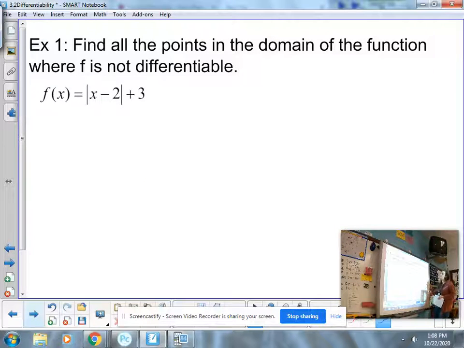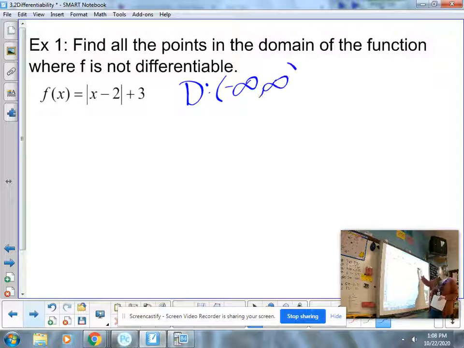So we have example 1: find all the points in the domain of the function where f is not differentiable. First you want to think about what the domain of the function would be. This is an absolute value, and the domain of an absolute value is negative infinity to infinity. So basically any possible number where I would not have a derivative is going to be part of the domain. You do want to think about that because there are certain functions, especially like square roots, where you have a bunch of numbers where there's no derivatives,